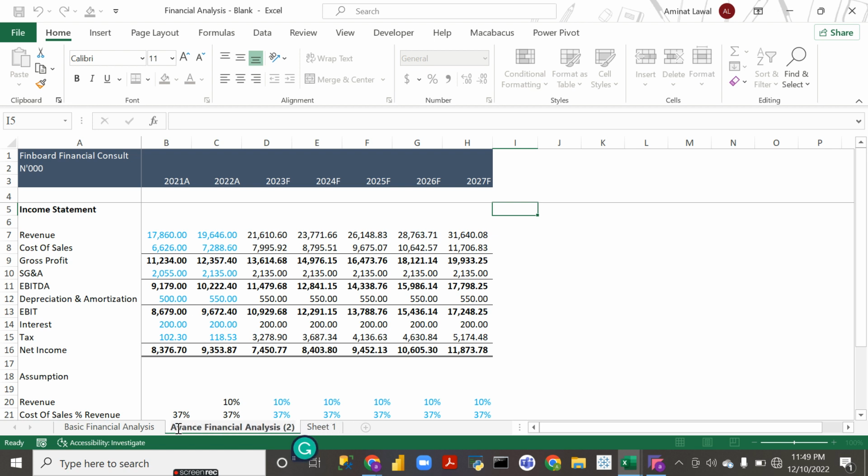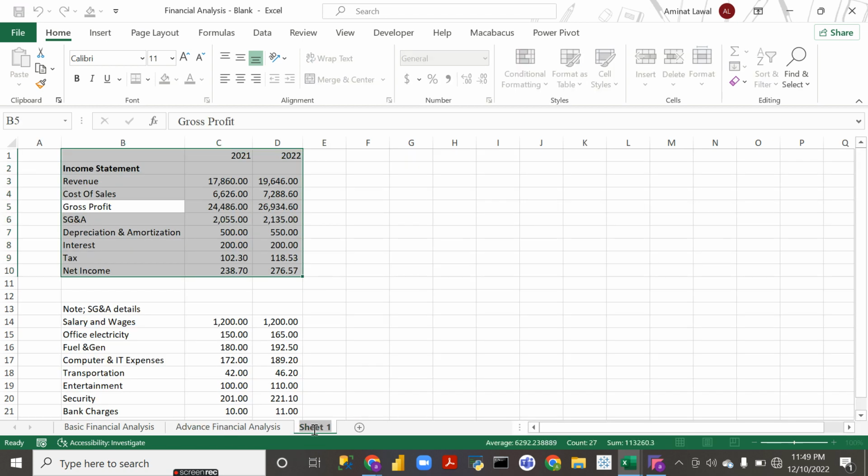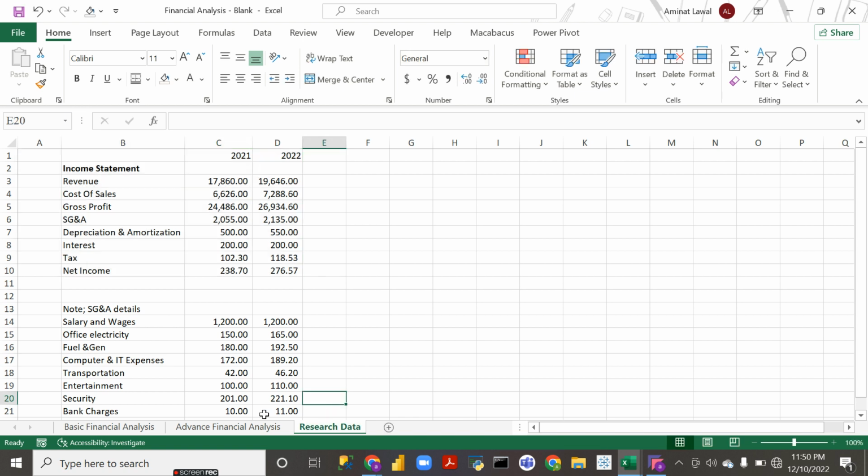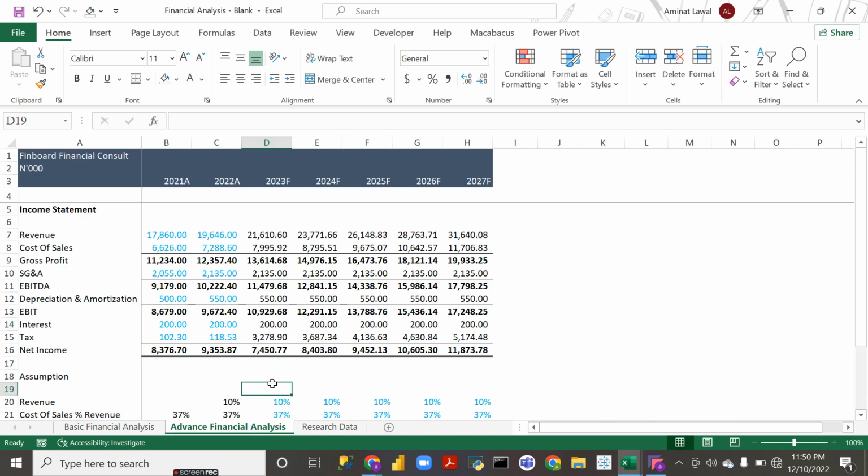Analysis. And here we can name it our research data. Then click back to the Excel. One of the cells is going to come up from this editing here. So on our advanced,